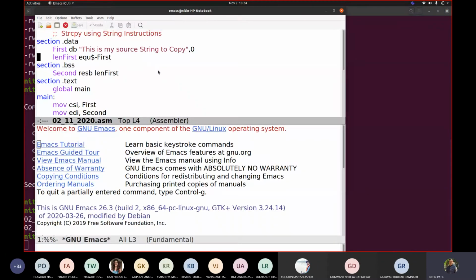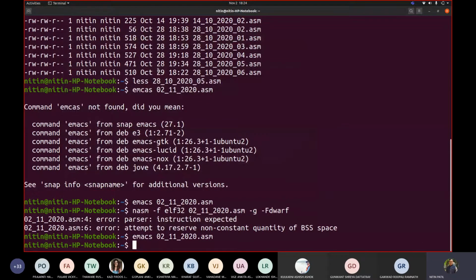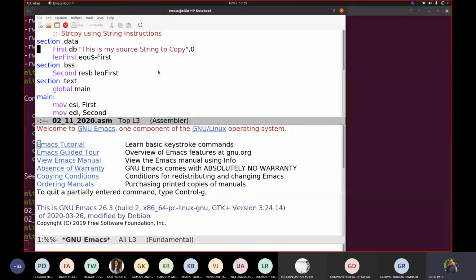Let us check line number 4. Section .data, section .bss. Okay, what error is it giving us? Attempt to resolve non-constant quantity. Okay, so I must have made a small mistake.